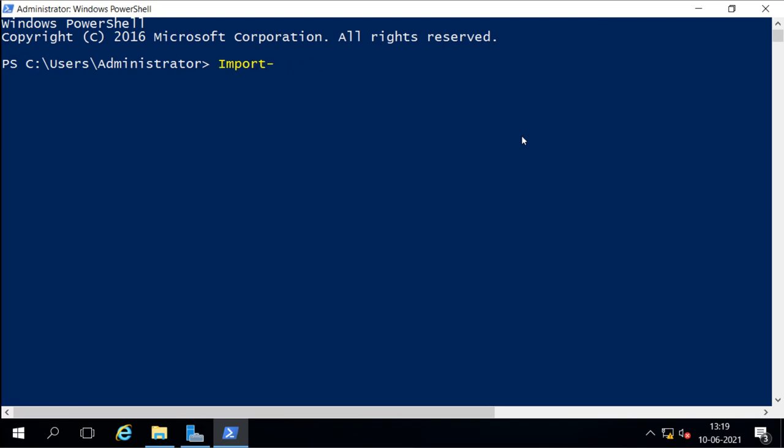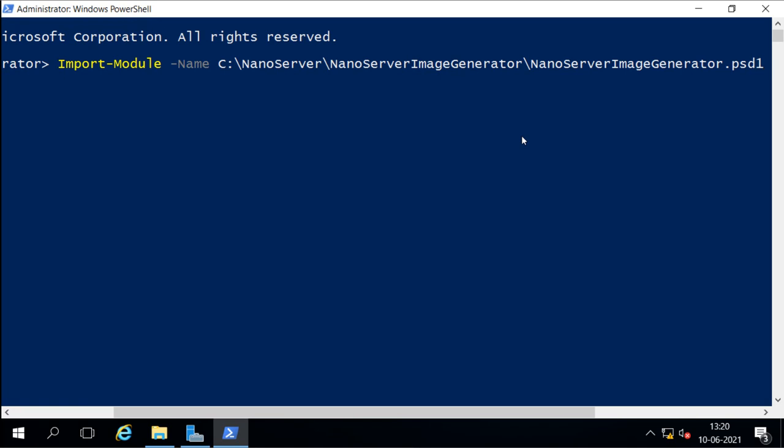Import-Module and the name for the module. I will mention, under the C drive there is a folder called NanoServer. Under the NanoServer folder I have the NanoServerImageGenerator folder, and under that I have the NanoServerImageGenerator module file.